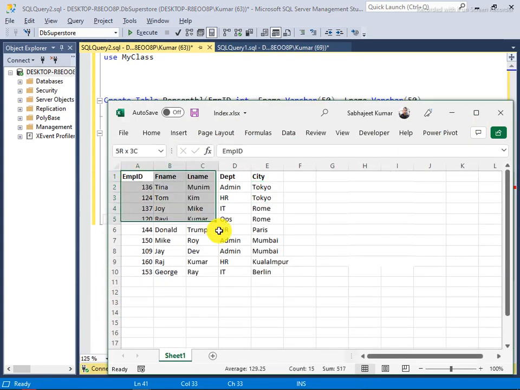So see what the data is. The same data is in my SQL Server. I have already written a script so that I can save time for you. When you want to fetch any particular records, you see that the records are not in a particular order, like employee ID is 136, then 124, then 137. But when you make this data in a particular order, it means that you make an index on it. That's called a clustered index.